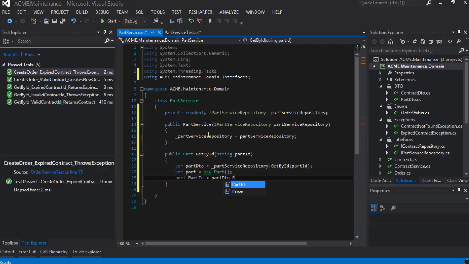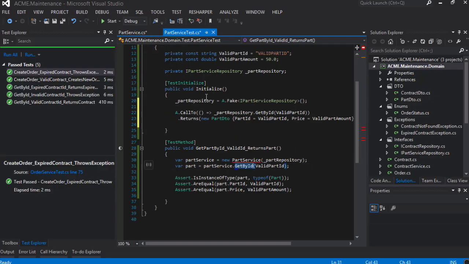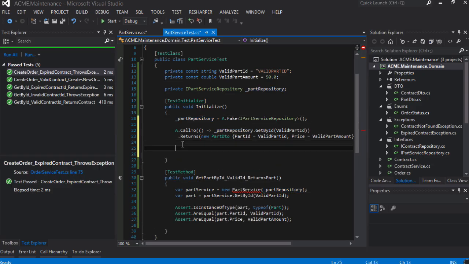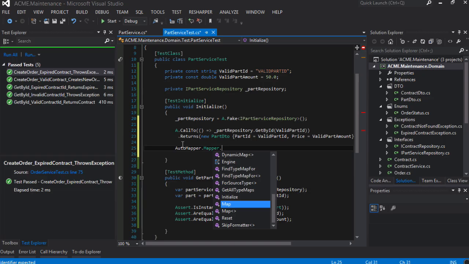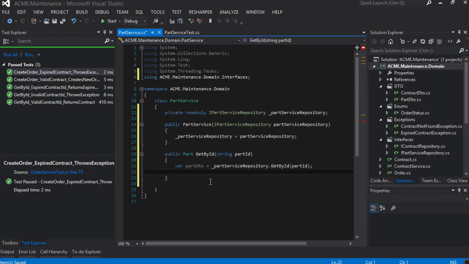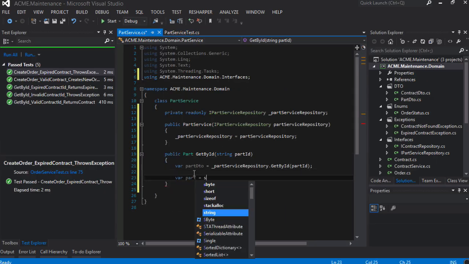We have AutoMapper. So let's get rid of all this. Let's go back here. And inside of our initialize, tell you what, let's go AutoMapper.Mapper.Map, and we'll say we want to go from part DTO to part. That should be all we need to do there since they have the same property names. We don't have to do anything custom. And then here we can do this. Var part equals